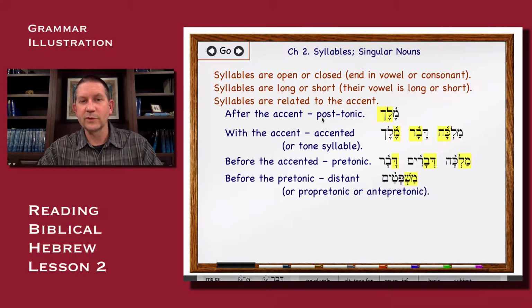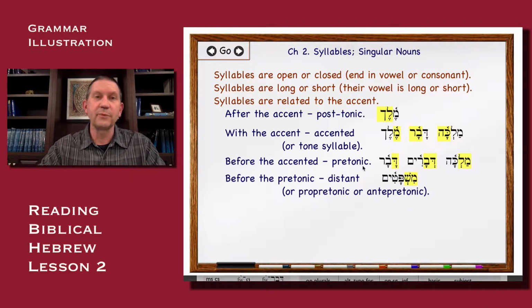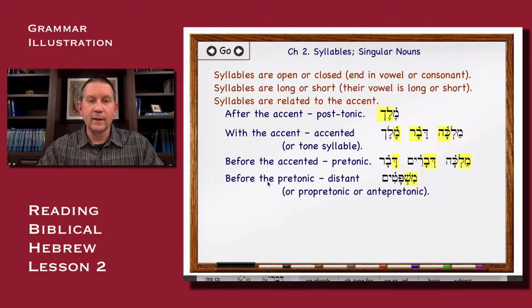It is post after the tone or accented syllable, like lek of melek. If it is before the accented syllable, we call it pre-tonic. So that would be da of davar, and deva of devarim, and mal of malka. And if it is farther in front of the accented syllable, that means it's in front of the pretonic syllable,